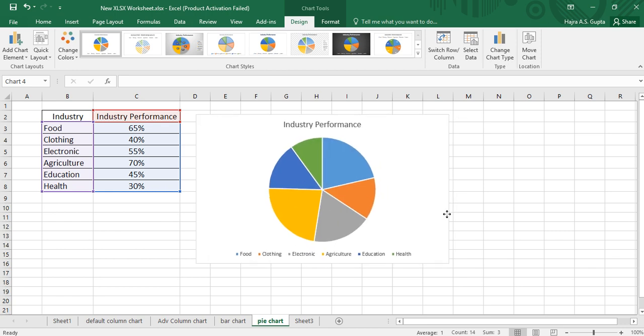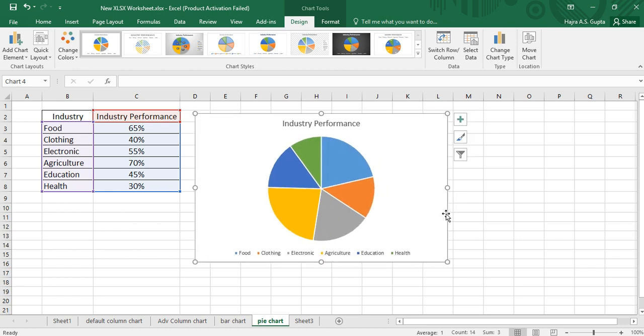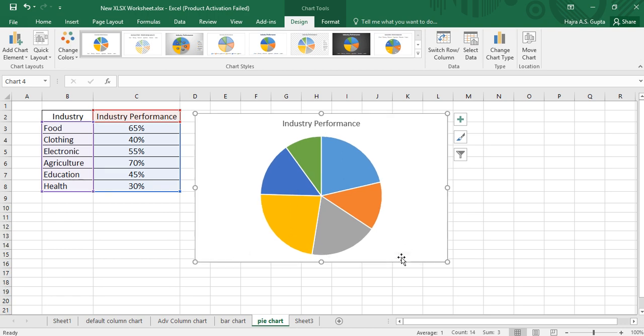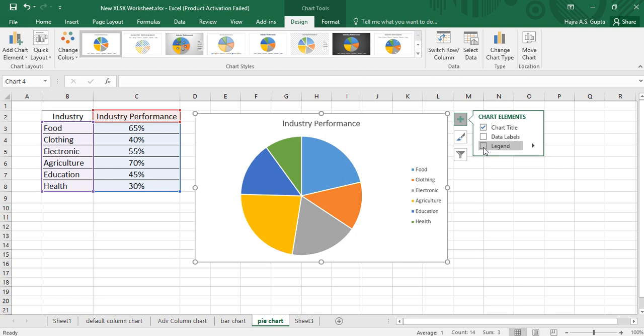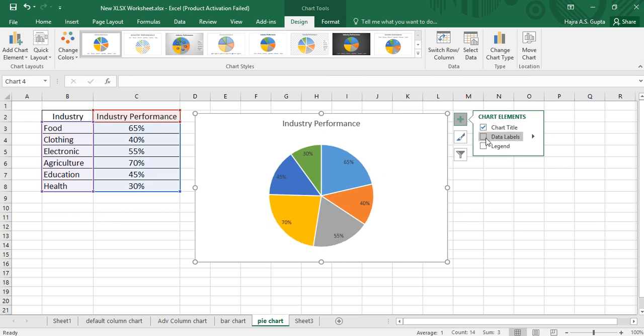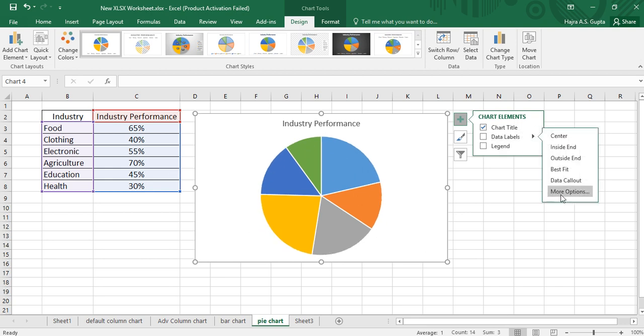Okay, now there are many customizations that I can do with it. The first thing that I'll do is I'll select the legend and delete it. I do not want it. I will now use different chart elements. And how do we access chart elements? By using the plus sign. So I'm going to click on plus, and you see that I have removed the legends, and therefore legends is not clicked here. We go to data labels and click on this arrow here,